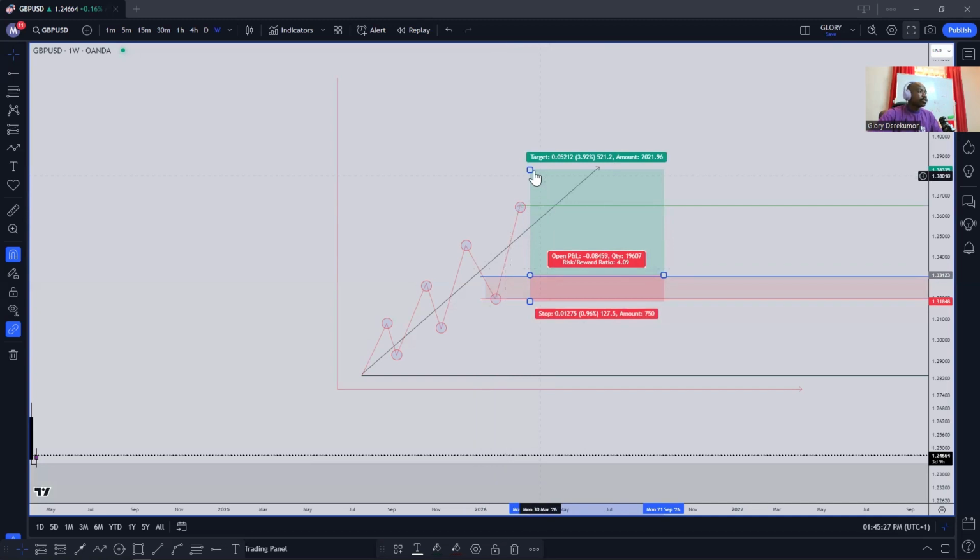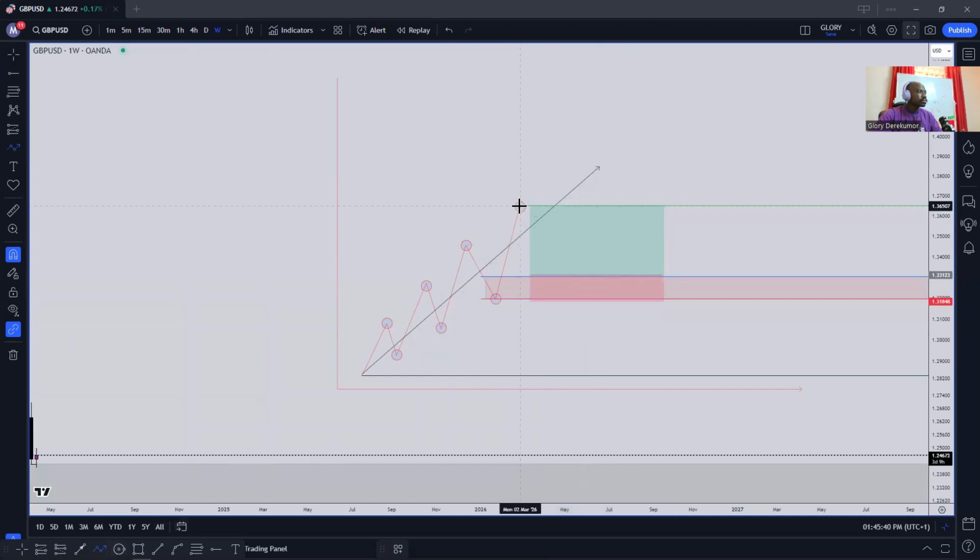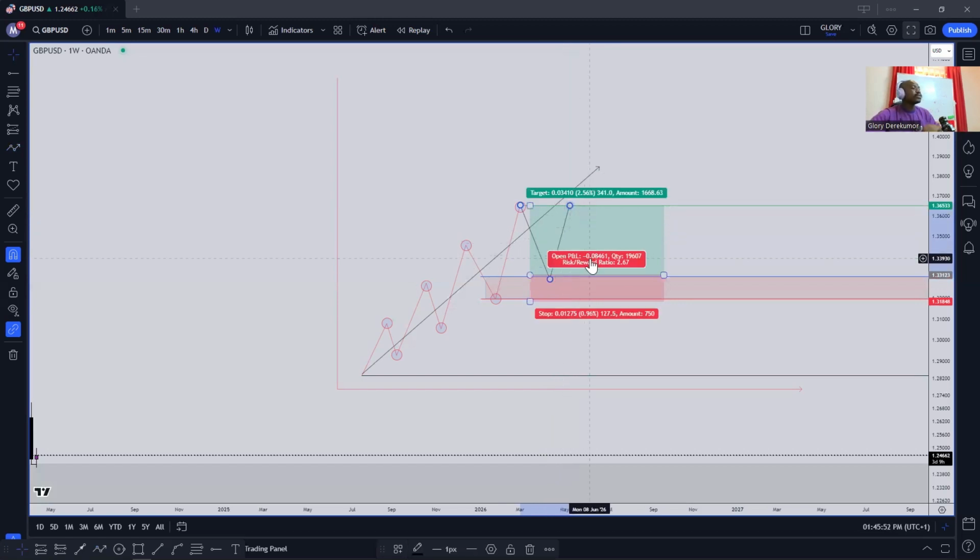Now, your take profit, of course, you want to align that with your analysis as well. If you look at the risk to reward here, this is telling us that if this market indeed pulls back for some reason, triggers us in this trade, and actually goes up to hit the take profit, what we are going to be making from this trade, if we are risking 1% of our account, is 2%,